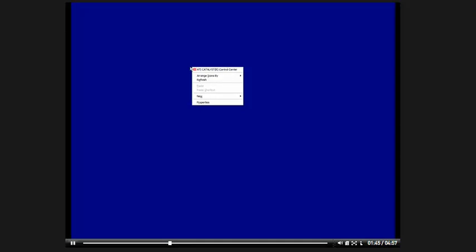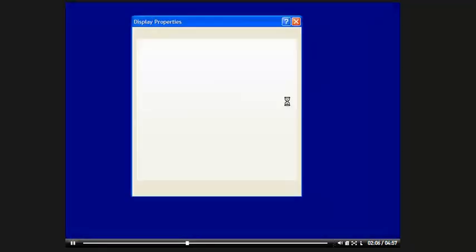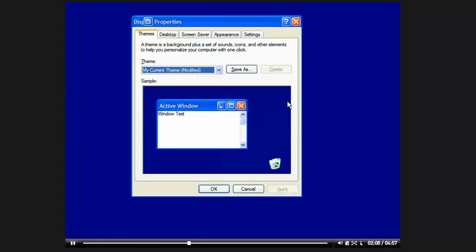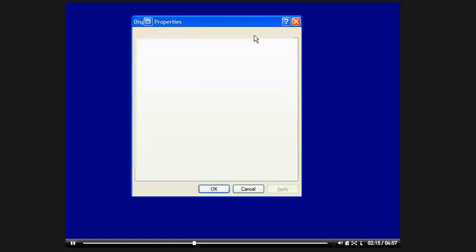Most likely on yours you see icons. Go to any area on the home or on the desktop of your computer where you have a blue area and click on the right mouse button. This box will come up. You'll have the ability to go down and click on Properties, and when that comes up, we're going to have a box that will give us a number of options called Display Properties. When we come to the Display Properties box, I want you to click on Settings, and then